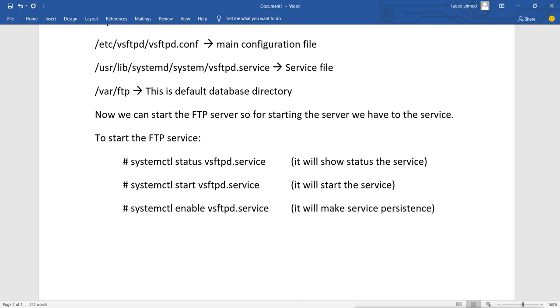Now when we start the service without making any changes, it will start with the default settings.